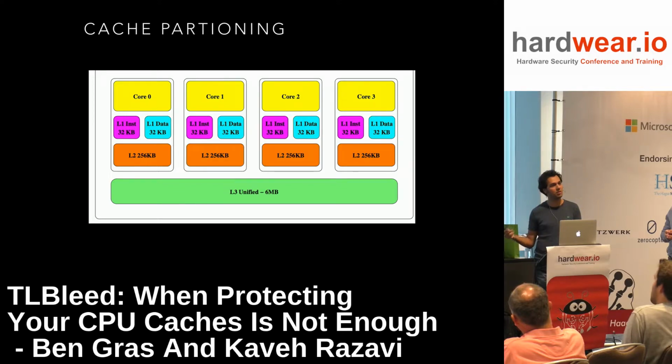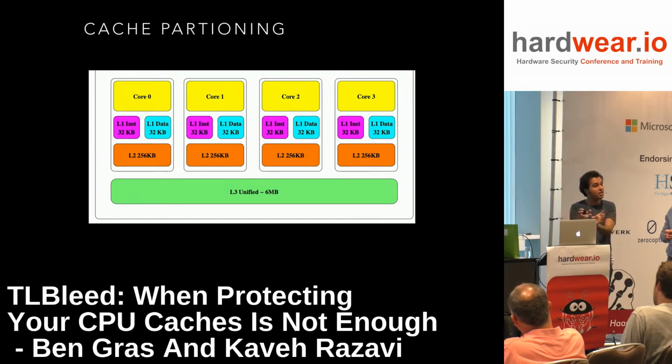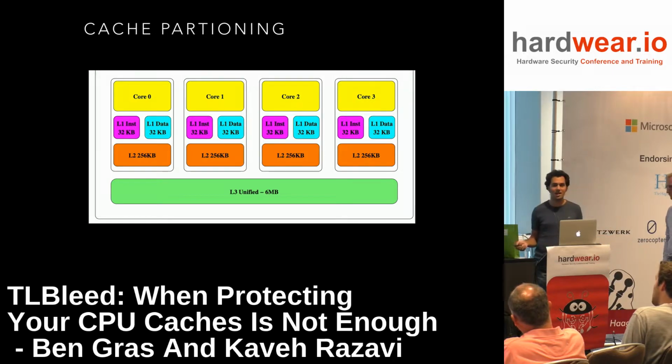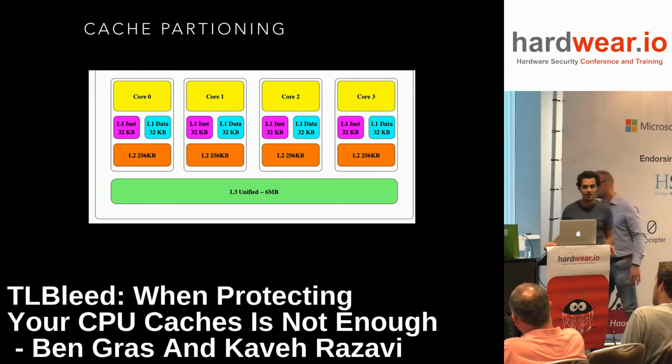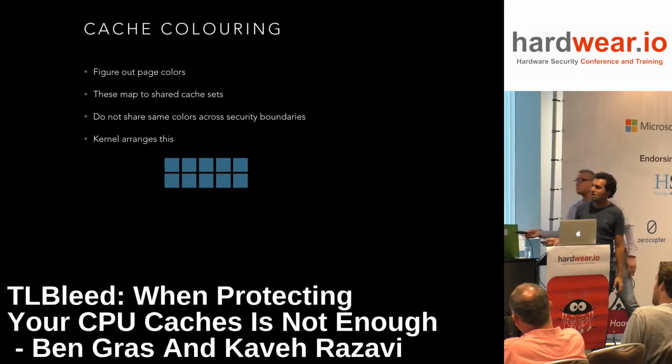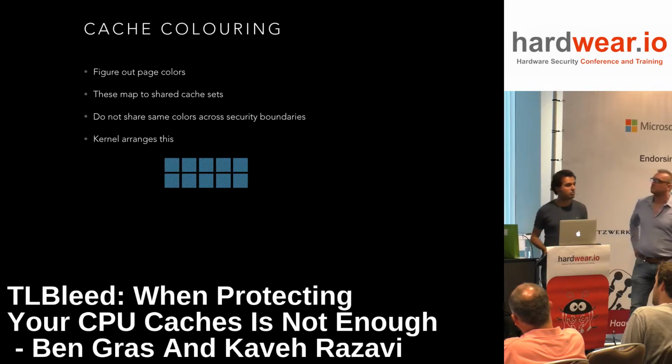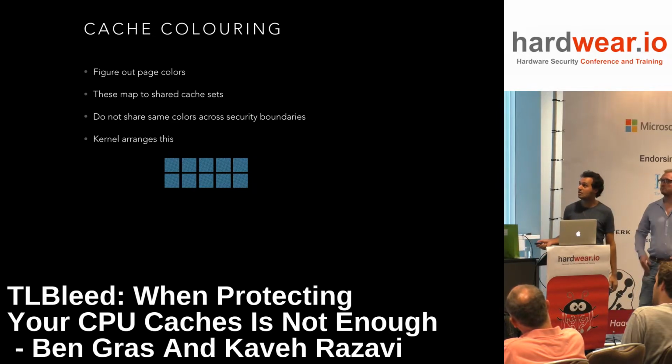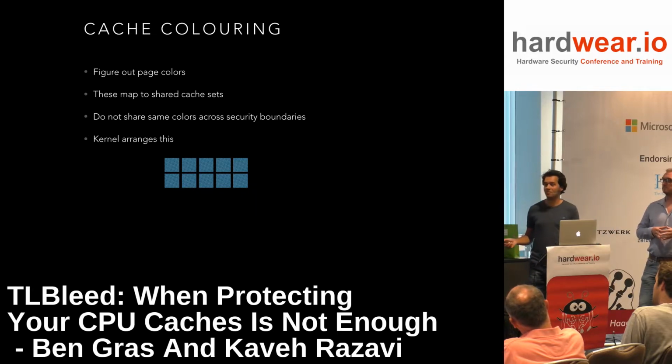for example, to the part of the cache that core 1 could access. So if I make this perfect isolation between these two, then I cannot do a cache attack through L3, for example. Let's see how this is done in practice. This is, by the way, a technique that is most commonly known as cache coloring. And the reason why they're called color is to make it easier to understand.